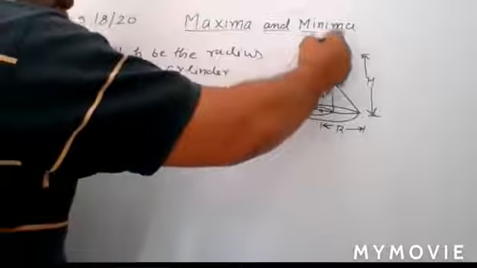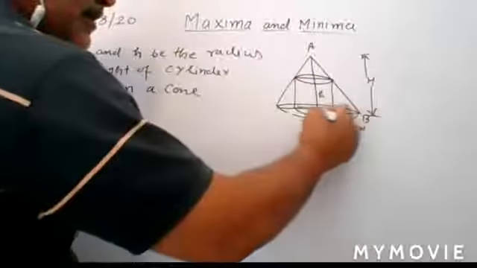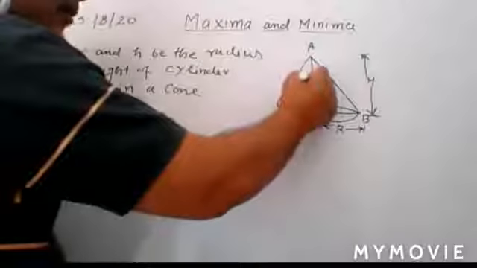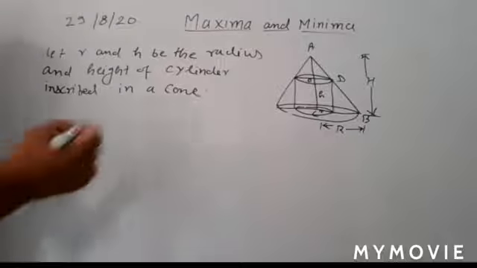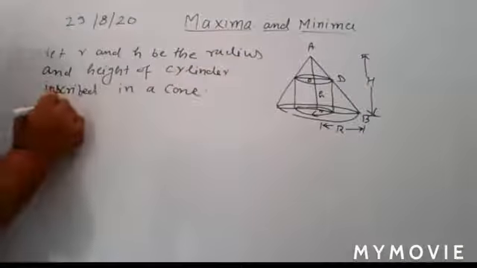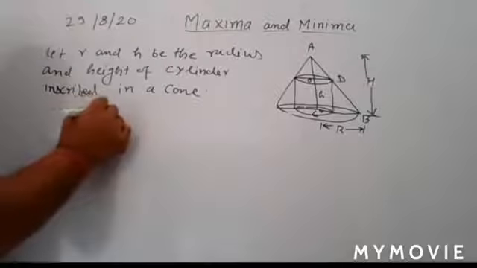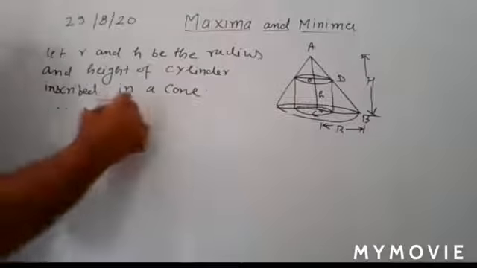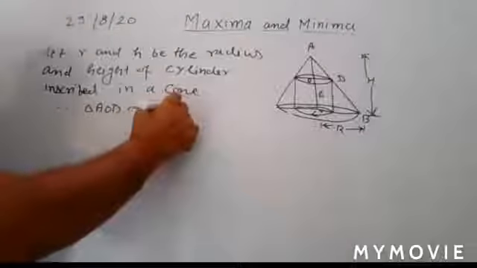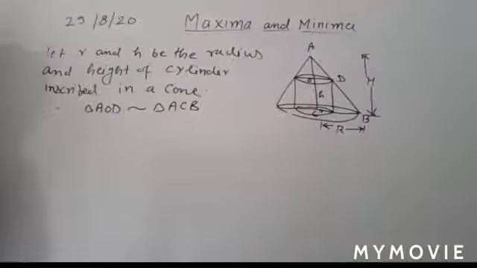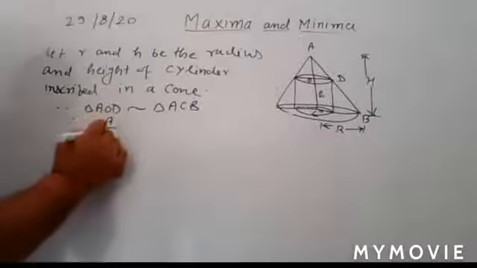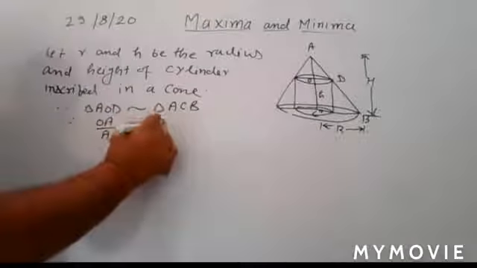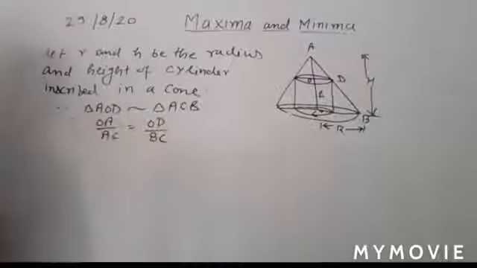So if you take here, name them triangle A, B, and suppose that is here C. This point is O, and suppose here you are taking as D. So from this figure, here you see that triangle AOD is similar to triangle ACB. So these two triangles are similar. So no doubt their corresponding sides are in same ratio. So OA upon AC is equal to OD upon BC. You can write in this way.